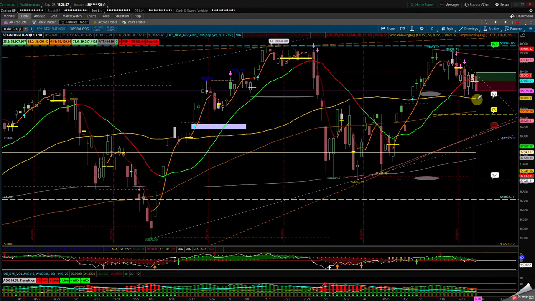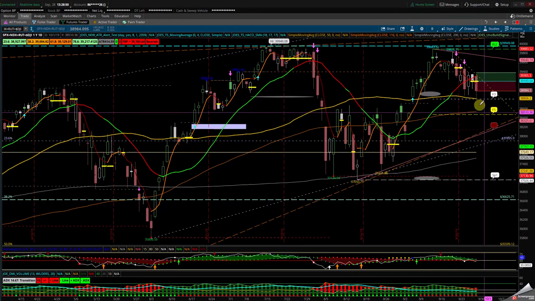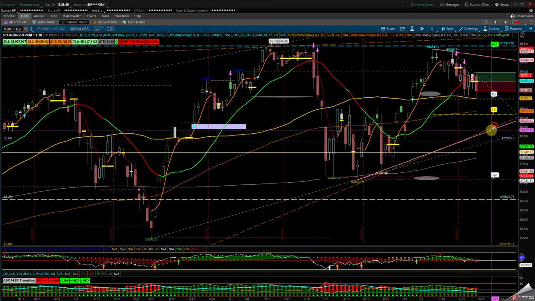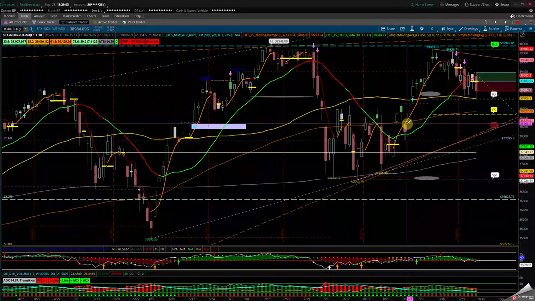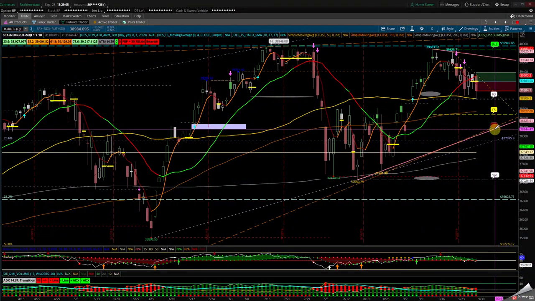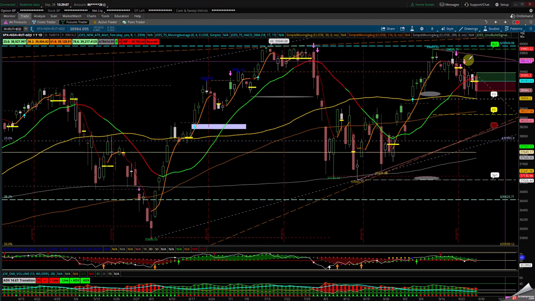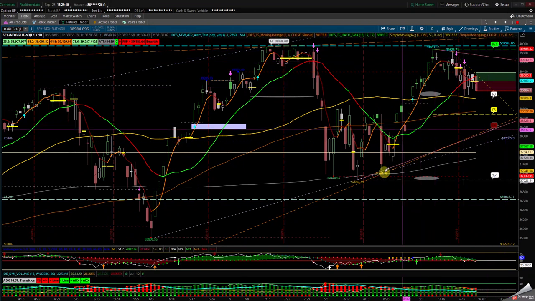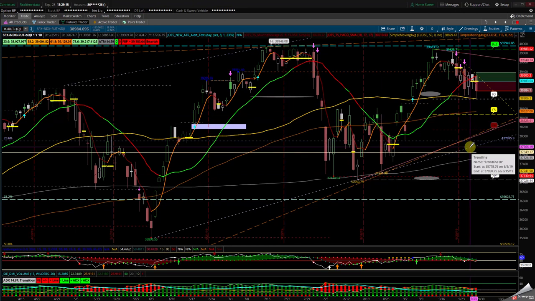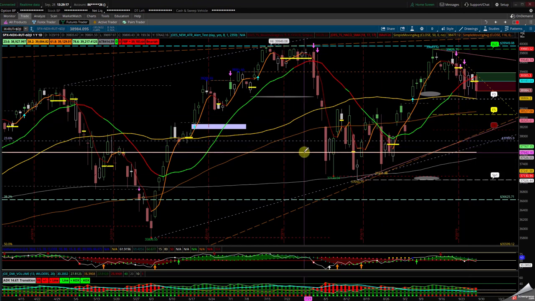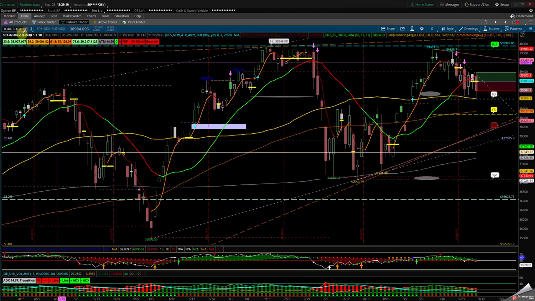If we fall through the 50 SMA, look for the 50% fib and the 116 and eventually the 61.8 for the bounce. Remember, we have this little gap here and we have this area here. So as long as we can stay above the 61.8, we can come back up, or we will re-travel the distance from here to here. Halfway back is basically down here on this channel, and that would be the yellow dash line right here. Let's go back to the NASDAQ.